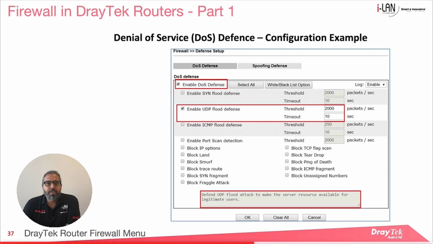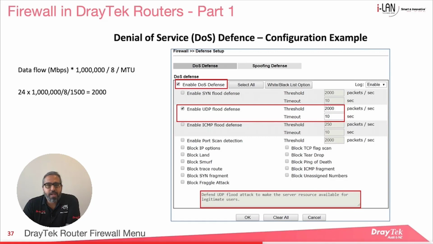So, assuming we've whitelisted the IP addresses of our phone system, to work out our packets per second threshold, the equation to use is data flow in Mbps times 1 million divided by 8 divided by the MTU. In this case, we have a 24 Mbps connection and our MTU is 1500. So we have 24 times a million divided by 8 divided by 1500, which gives us 2000.